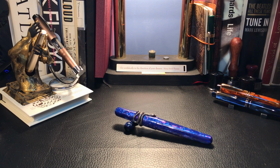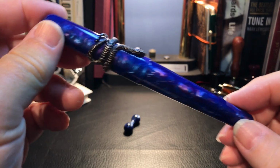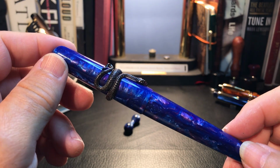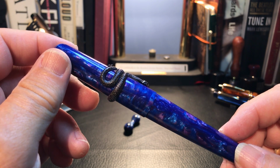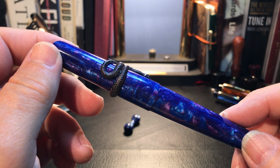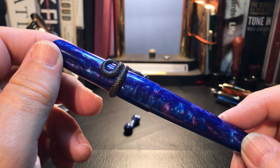Okay, we are back with the Fuliwen 017 in the color Blue Danube. I've inked it up and I've written with it for just over a week now. When I first inked this pen, I used KWZ Sheen Machine. The pen skipped badly and hard started constantly. I cleaned it out and soaked the nib and feed overnight in dish soap and water, and re-inked the pen